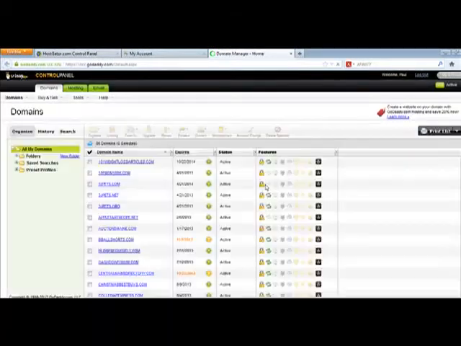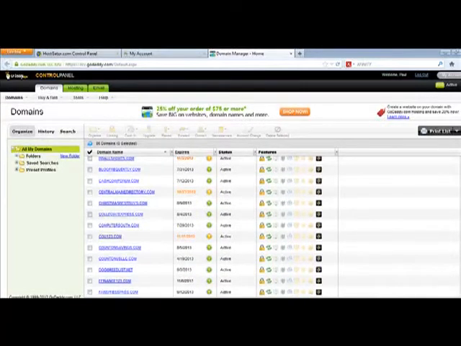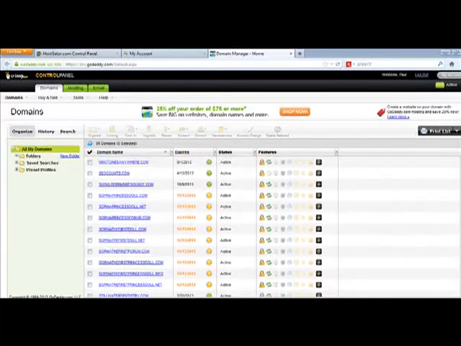And so this process that we're doing here is pointing our domain that we purchased to our web hosting company so that we can do further work with it. So what we're going to do is scroll down to the domain you purchased. If this was a brand new account, you're only going to see one domain in there. So this is the domain that we just purchased. It's called